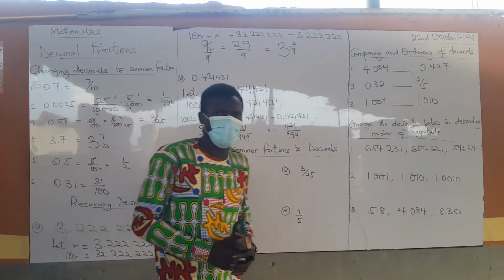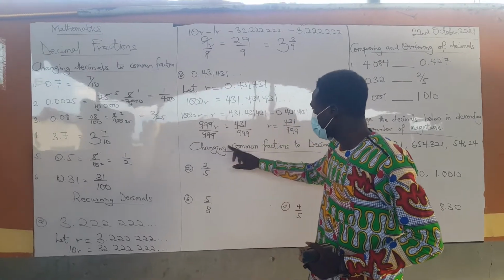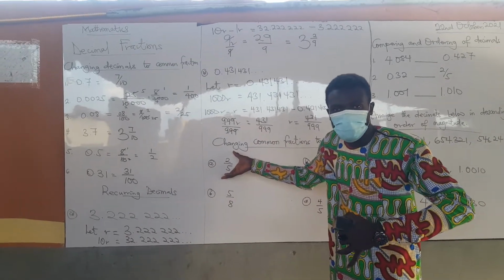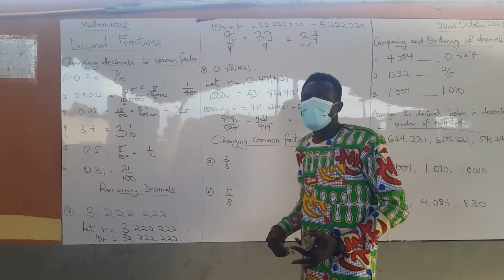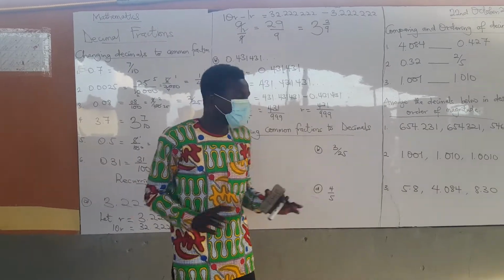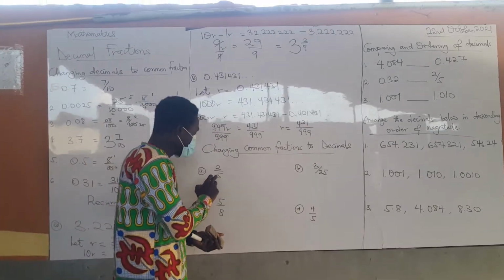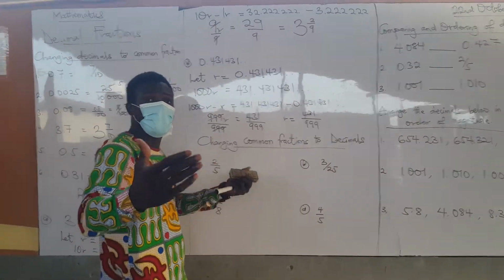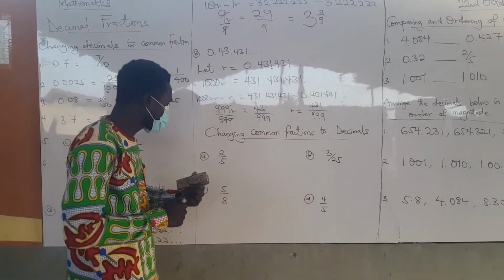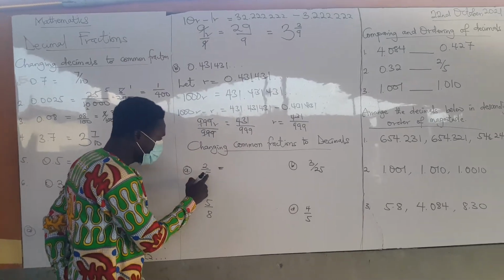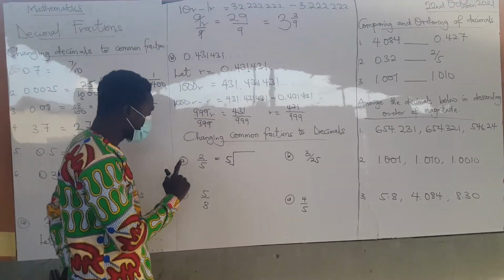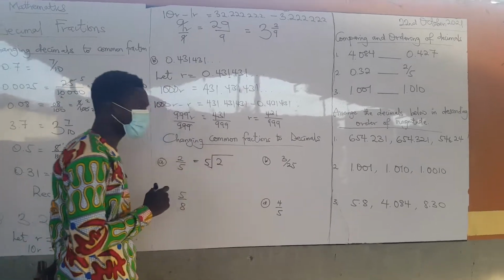Now let's look at the opposite of changing to common fractions, which is changing common fractions to decimals. So now they've given us the common fraction and we have to change it into decimals. To do this, simply use the long division approach, and that will give you the answer straightforwardly. With this one, we have our numerator and our denominator. In class 6, we were taught how to do long division. If you've forgotten, don't worry, let's remind ourselves here. In long division, we bring the denominator outside the division bracket,